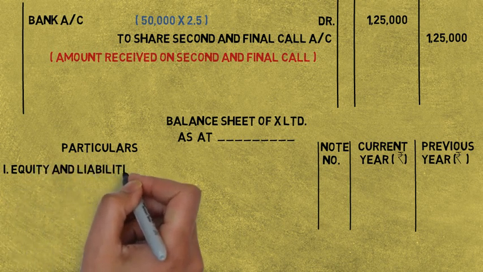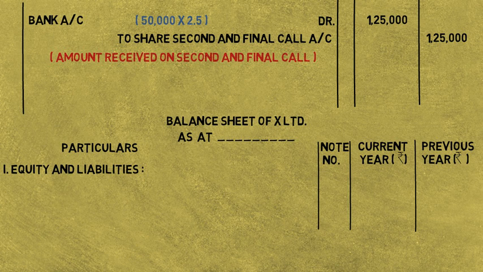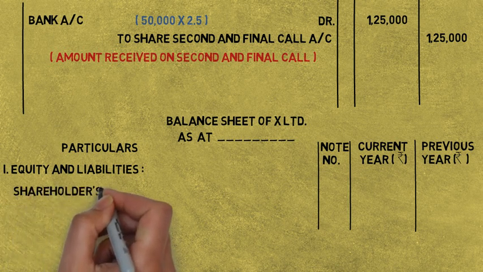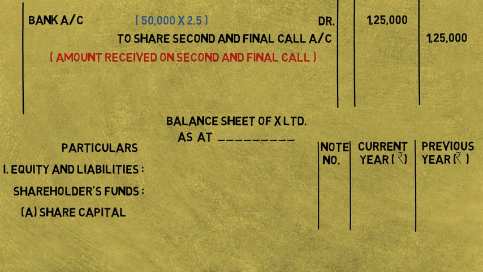Our first main head will be equity and liabilities, where we will mention the company's capital and other liabilities. Under it, the subhead of shareholders fund, below which we will write share capital of the company. Now here we can see that we have written the note number 1 right in front of share capital with the amount of 5 lakh rupees. This amount indicates the capital subscribed by the company and also the amount actually given by the public. Now let's see how we have calculated the amount of rupees 5 lakhs.